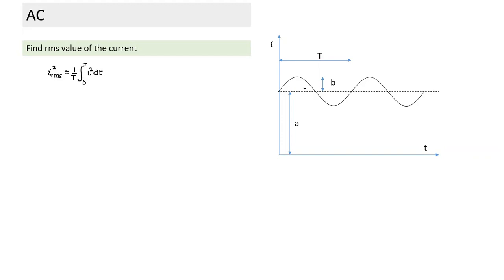So can I write I as a function of time here? In the typical sinusoidal case, the value oscillates about the mean position 0. Here it is not oscillating about the mean position. So can we write current as a function of time? If I can write I as a function of time, the rest is simple definite integration. So how do you write current as a function of time here?